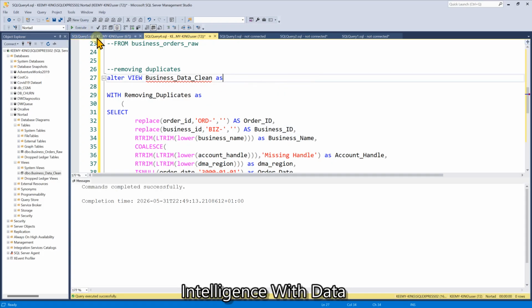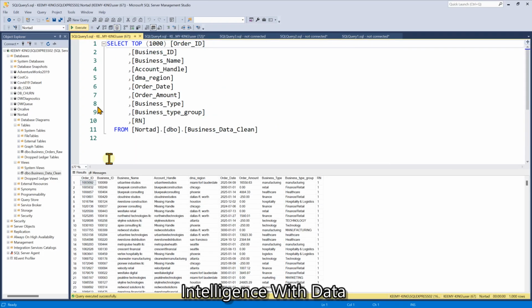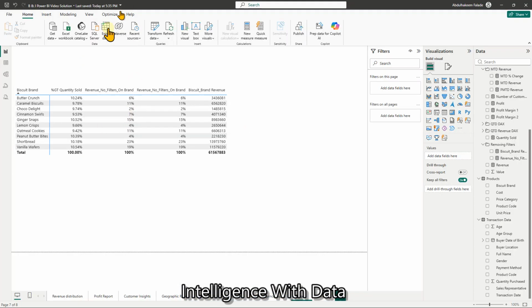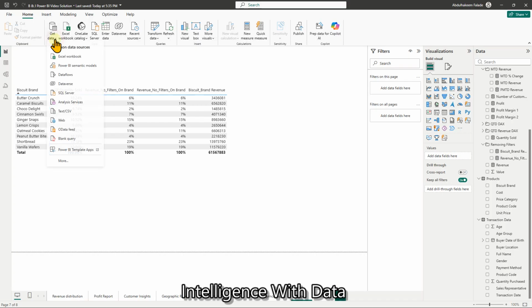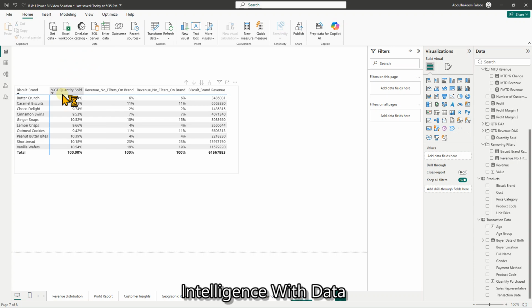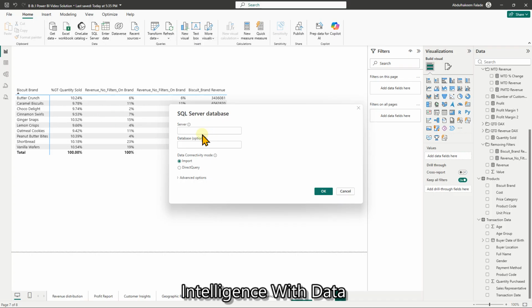So that's been refreshed now, and I'll show you how we can plug this into Power BI for our analysis. Just a moment, let me open up Power BI. So this is my Power BI, and let's say I want to connect this data. So I get the data and I want to connect it to SQL Server. The server I need to connect to, let me move back to SSMS, SQL Server Management Studio, and then copy my